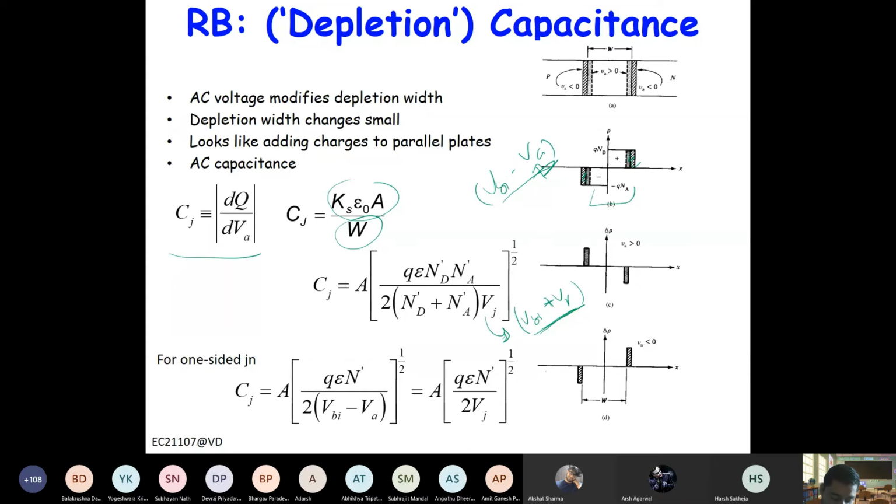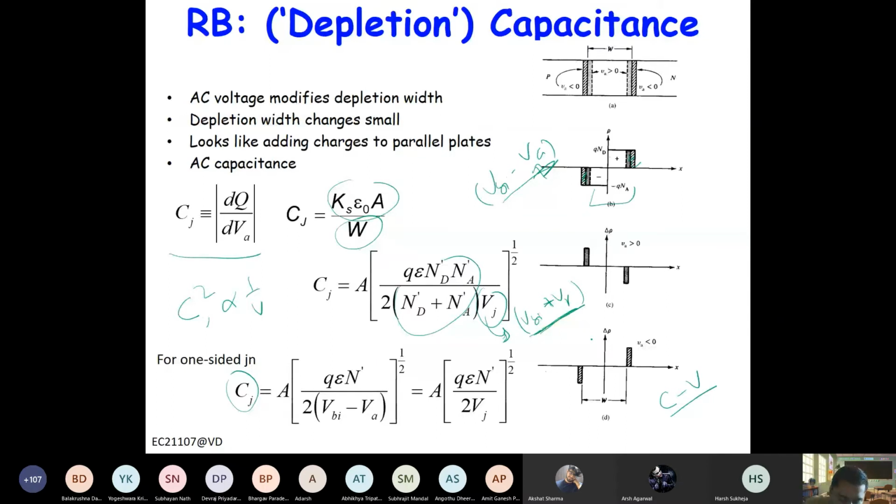Now, if you notice here, this capacitance depends on, of course, the doping and the bias, right? So this capacitance reduces as 1 by square root of voltage. That means if you square it, C squared is proportional to 1 over V. And if you plot it, you can actually get the built-in potential from CV measurement. This is one technique you will do in one of your courses. You will do CV measurement, and from that you will estimate the built-in potential, and in certain cases you can also estimate the doping.